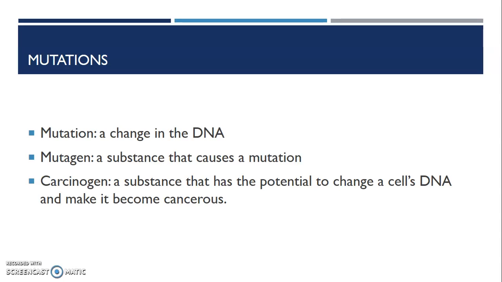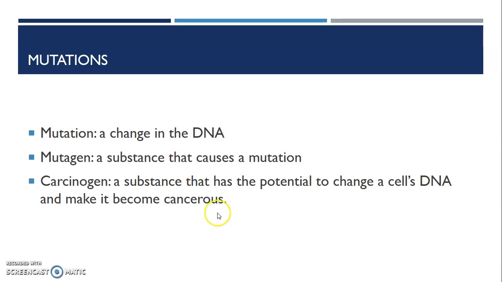Things like radiation or ultraviolet rays or different chemicals you might be exposed to. So a mutagen is just in general any substance that can cause a mutation. And a carcinogen is something that causes a mutation that leads to a cell becoming cancerous. So like ultraviolet light is a carcinogen that can alter changes in your DNA in your skin cells that can